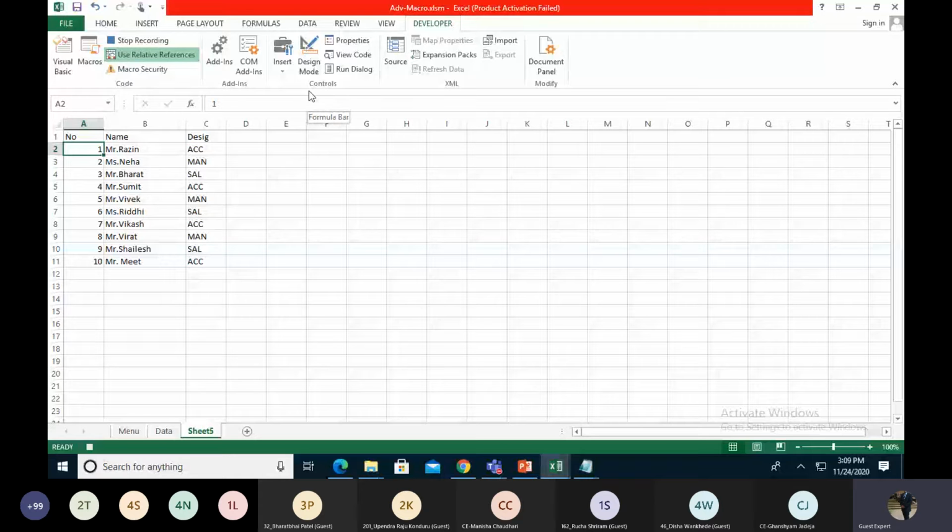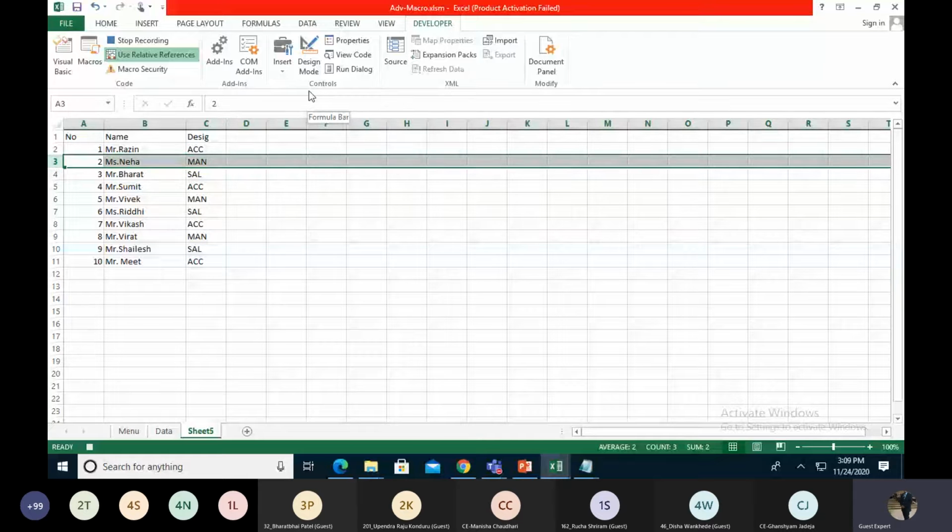My next steps: Control Shift select. First I take the salary, then DA, then HRA, then total, then a blank space.